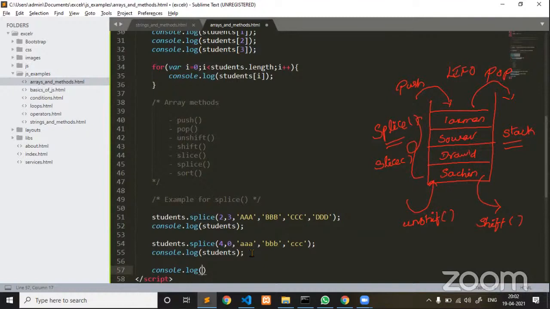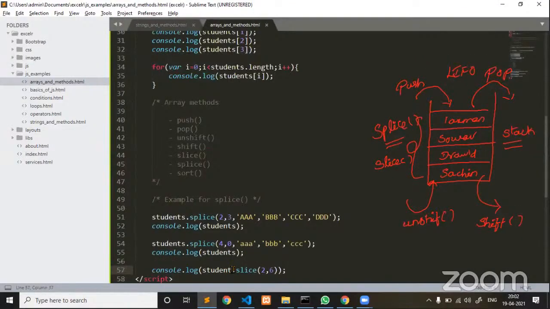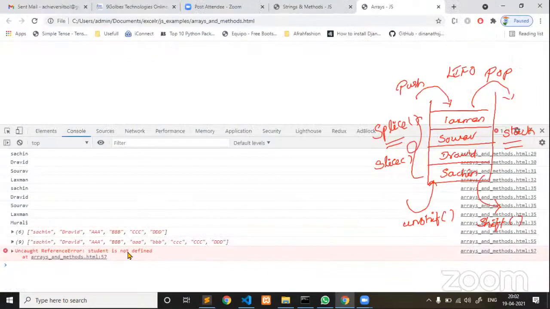Okay, next guys, students is my array. Since 9 elements are there, slice from second index to 6. The difference between 2 and 6 is 4, and we are going to fetch only 4 items. Now if you go and reload, students is giving an error, reference error, because my array name is students and I am referring to student.